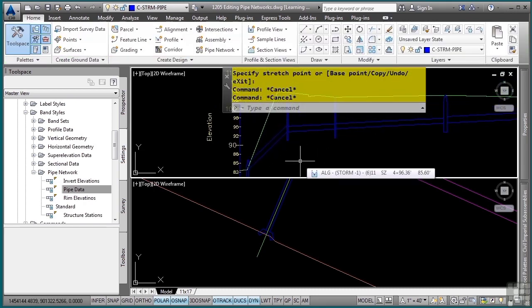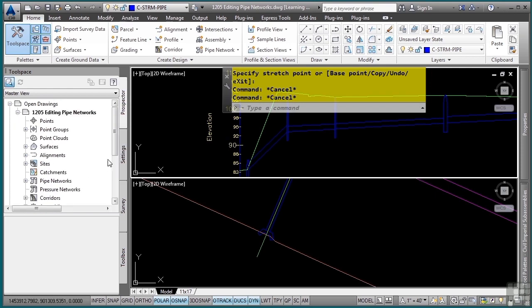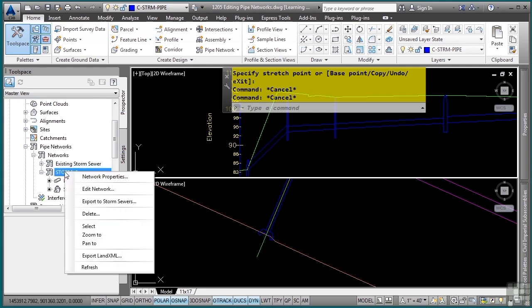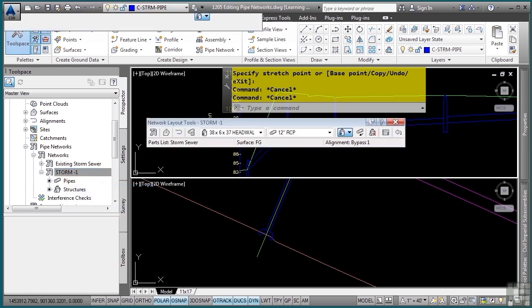So how do you change things globally? In other words, what if I initially applied the wrong style, the wrong layer, etc. to the actual pipe network objects? How do you change them globally? If you go to the Prospector tab, expand Pipe Networks, and then in your networks, you can actually edit these in the panorama. If I simply right-click on the network itself, I can choose Edit Network from the shortcut menu,